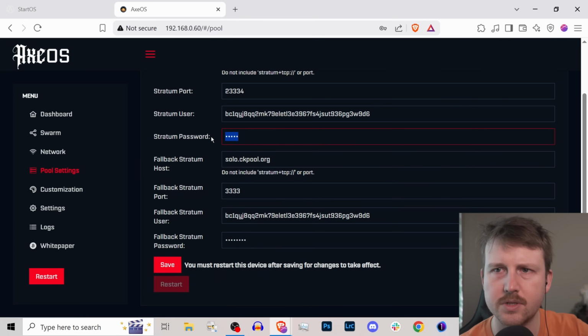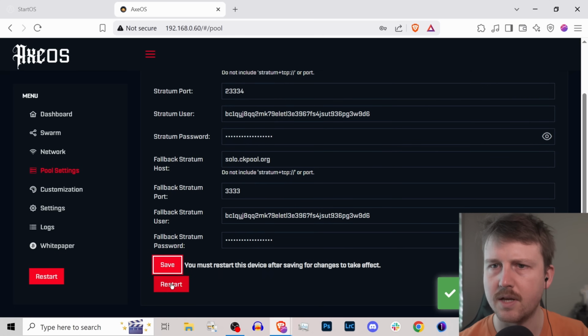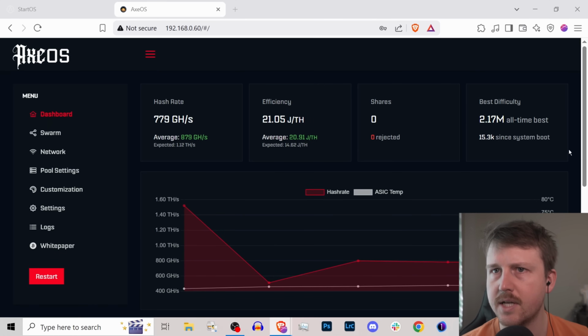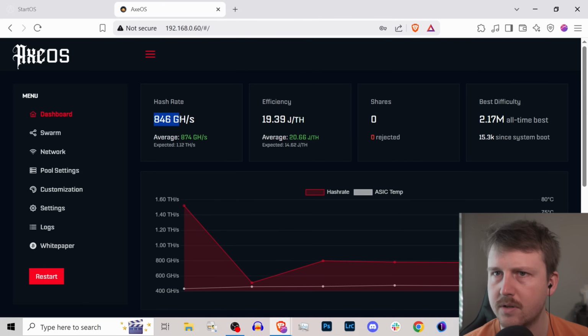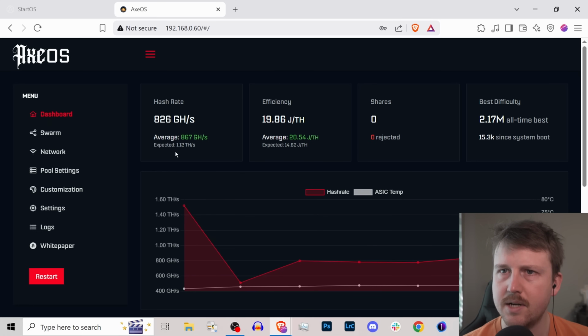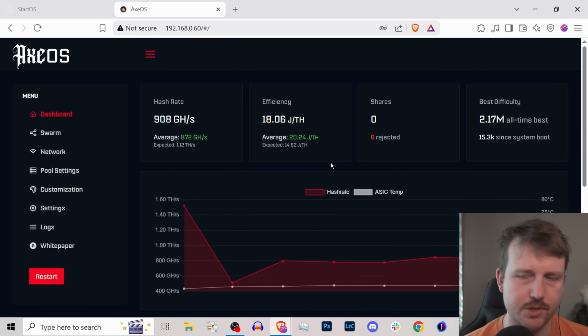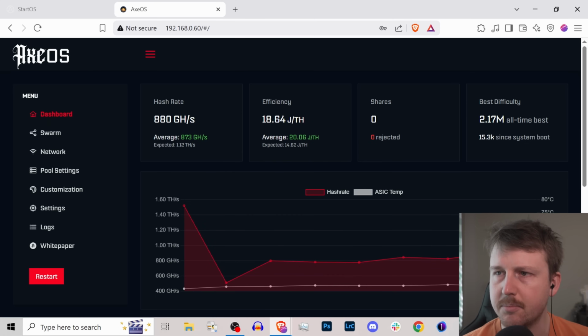And we're also going to change the passwords of both of these to something that you'll remember. And let's press save and restart. So now let's take a look at our stats again. And because it's just reset, we have a lower amount of hash rate, and it'll start ramping up and getting more and more efficient. It should be around 1.1, 1.2, depending on the efficiency of the chip and everything for